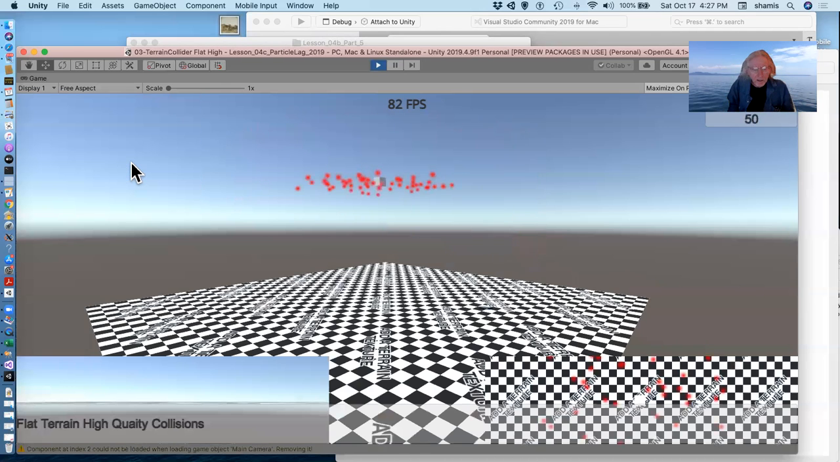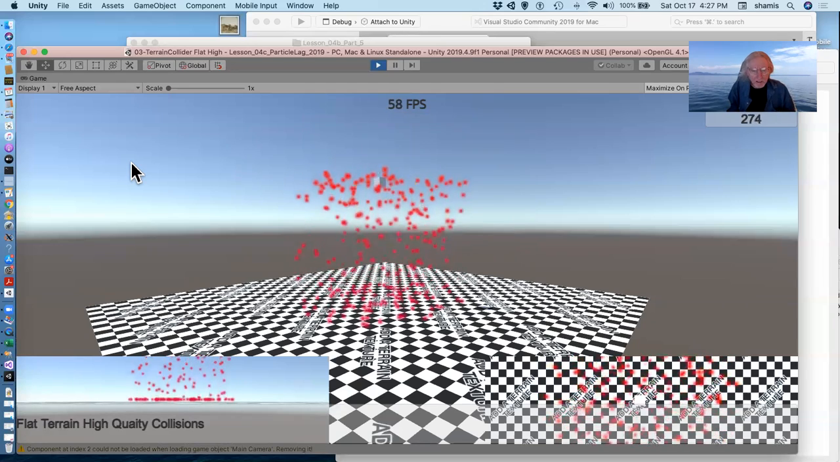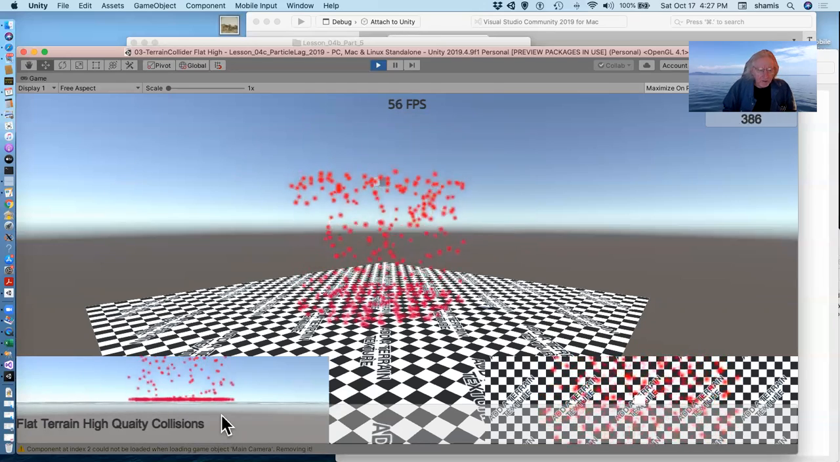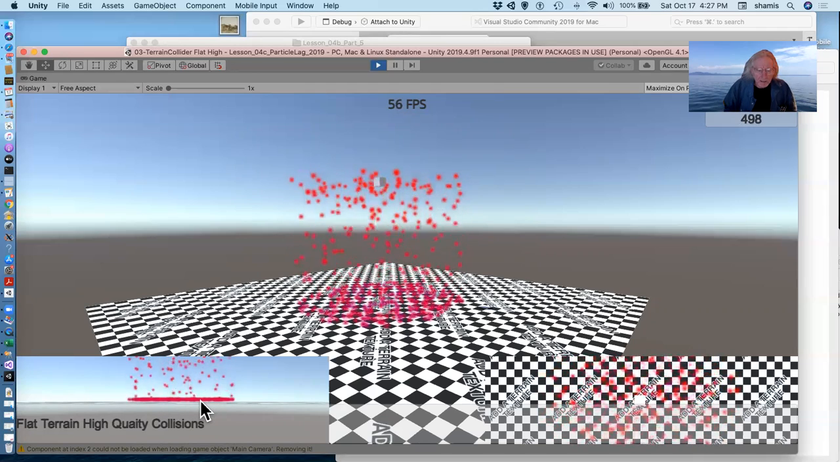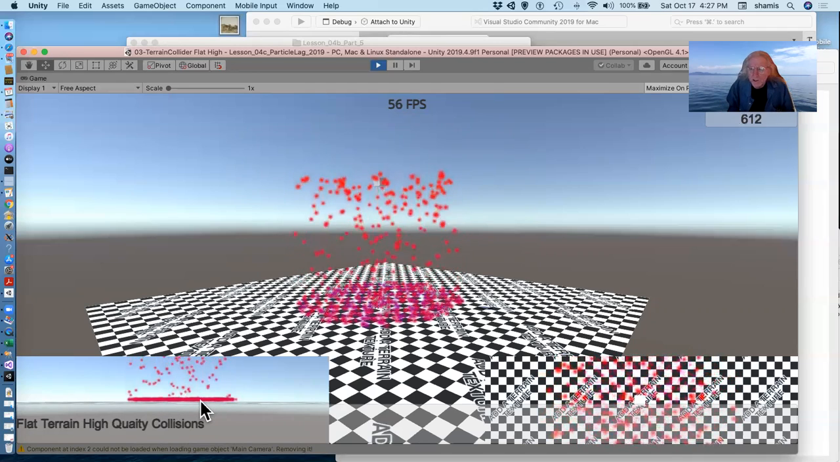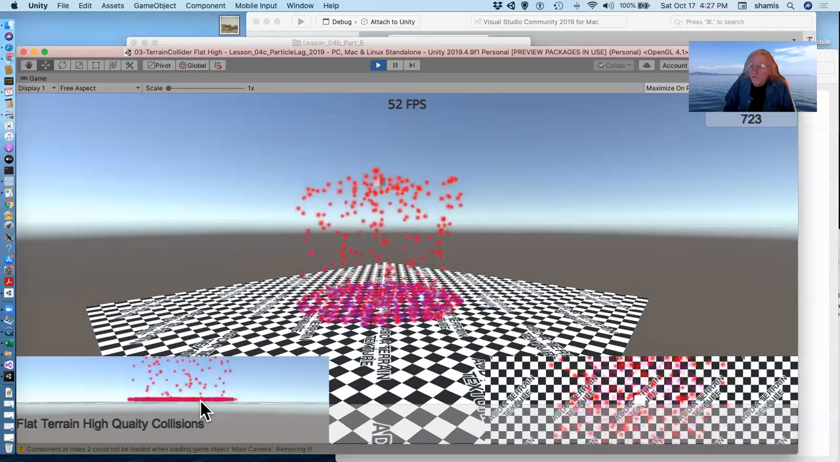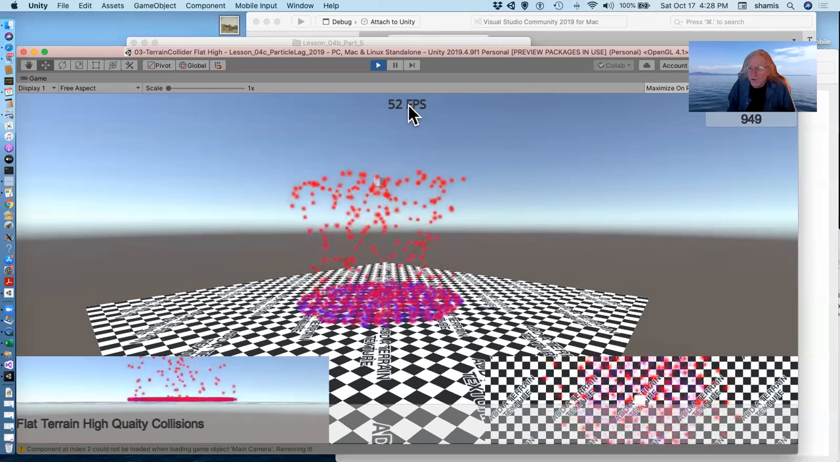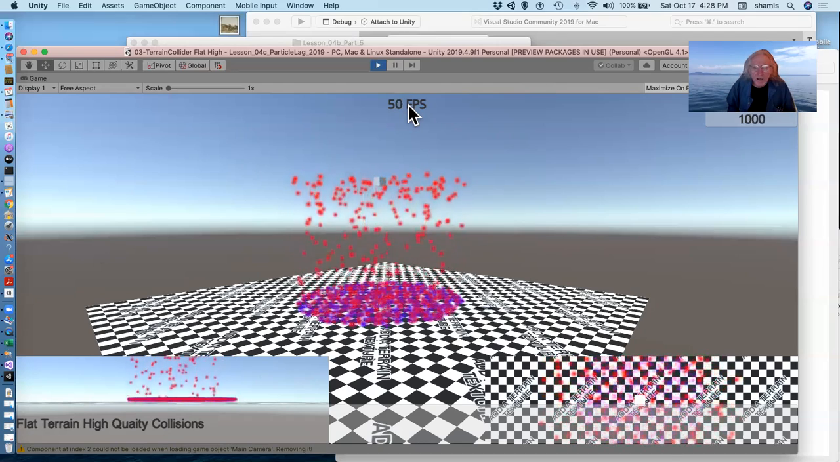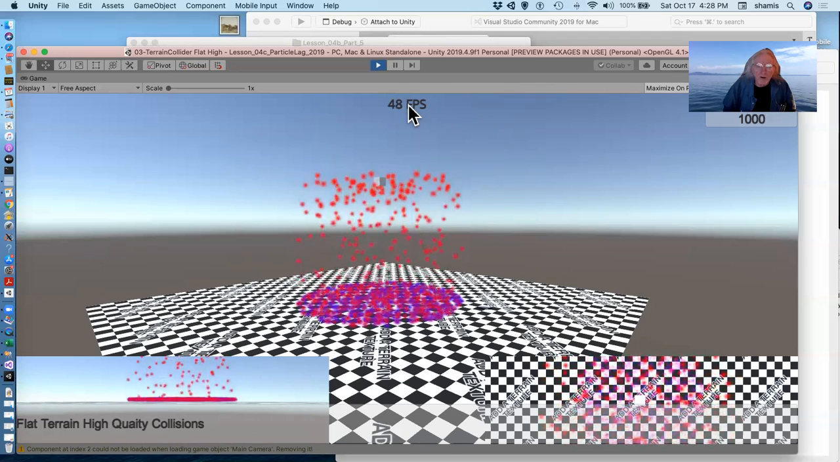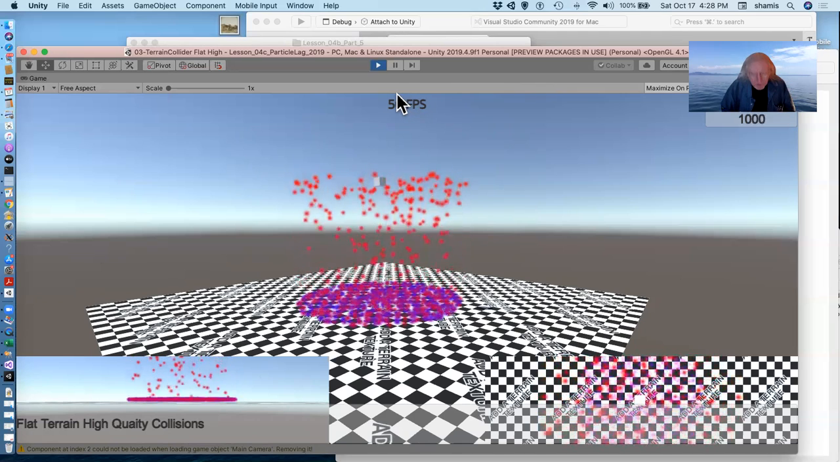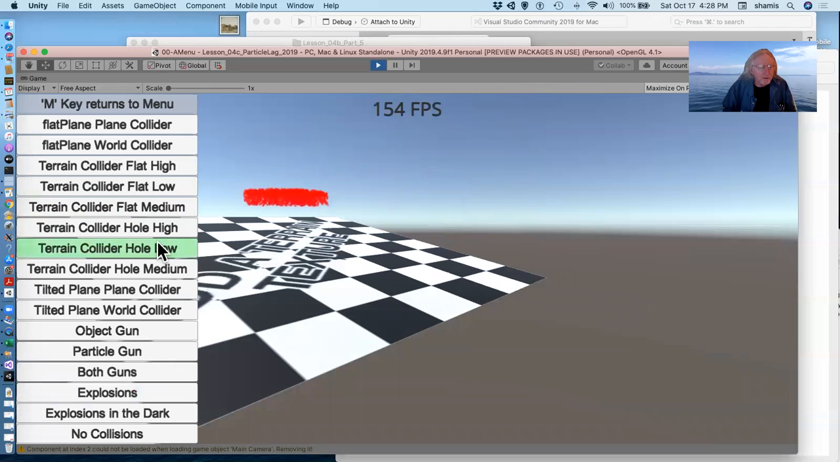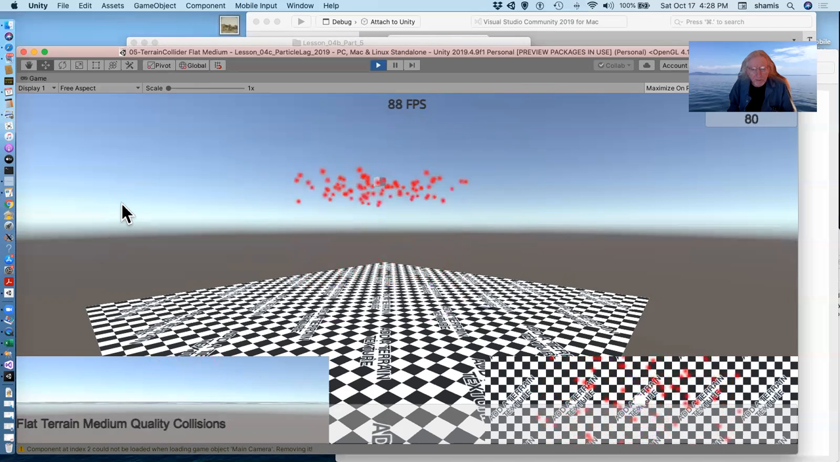On a terrain with high quality collisions, and I've got this little window down here so that we can see the effect of leakage. With only 1,000 particles, I've dropped below that 60 frames per second limit with the high quality collisions. Now going back to the medium setting,